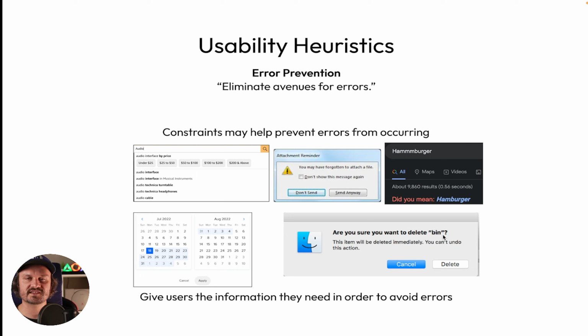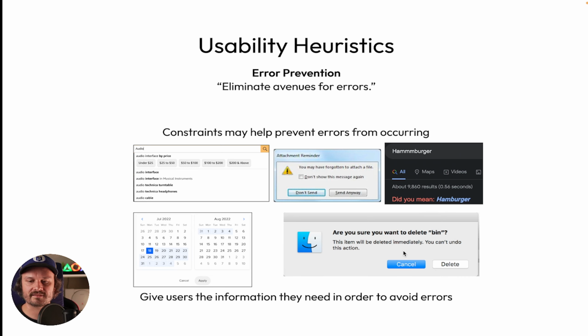There's no second guessing about what OS 10 wants to make sure of. And it also repeats the name of the directory or the file or whatever bin might be in this case. It repeats it back to me, which is recognition over remembering,